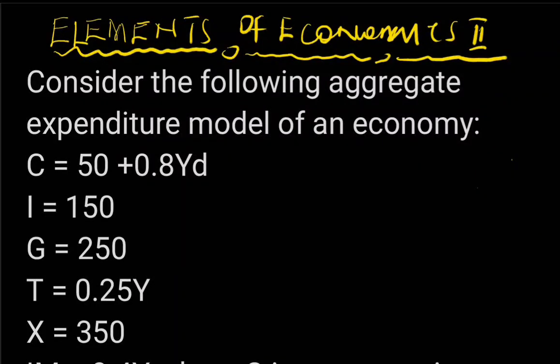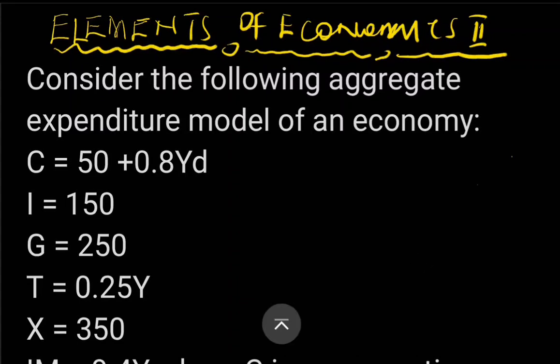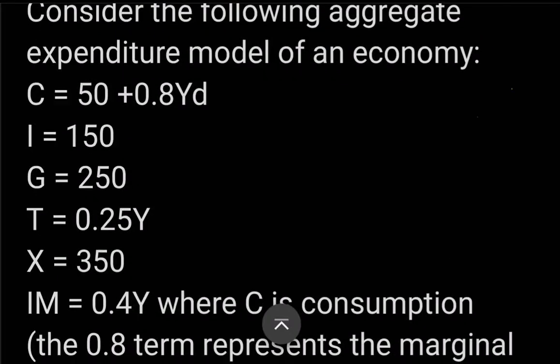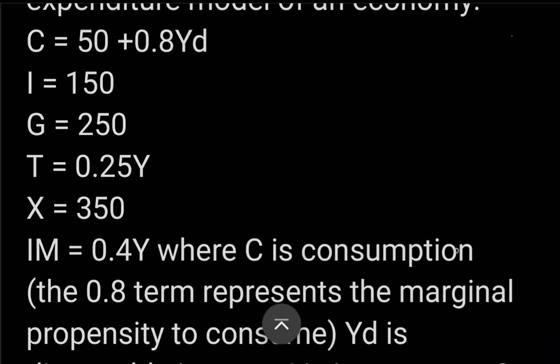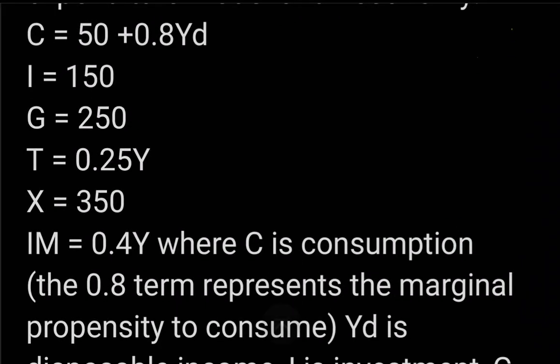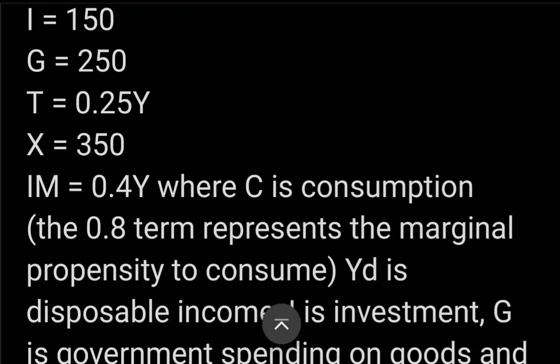In this video, we are going to tackle a problem in economics, from Elements of Economics 2. The question is: consider the following aggregate expenditure model of an economy. C is equal to 50 plus 0.8 YD, and I is equal to 150. G is equal to 250, T is equal to 0.25 Y, X is equal to 350, and IM is equal